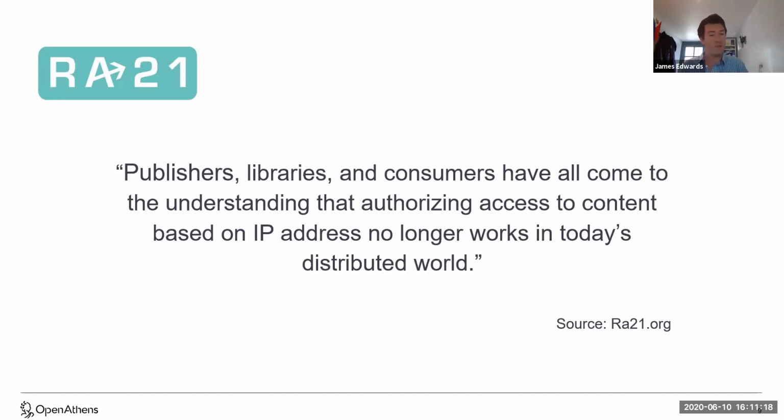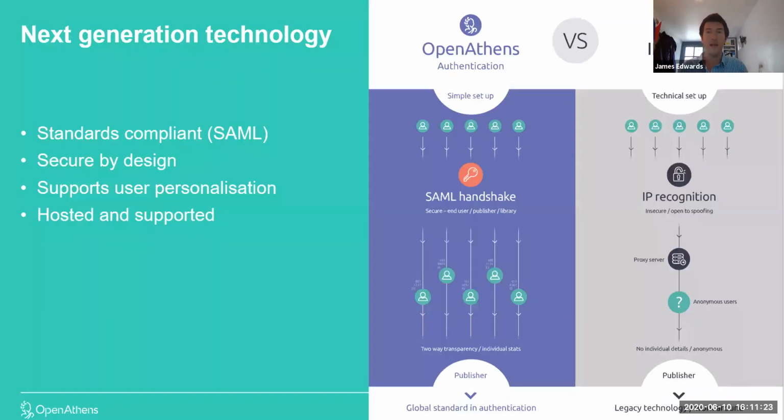This initiative came about, and the first pilot phase ended in June last year. The conclusion was that IP should be replaced by SAML authentication. What I'm showing you here gets a bit technical, but I'm trying to keep it as simple as we can. OpenAthens is based on that SAML authentication method. It's a federated way, if you like. So briefly, just showing the difference here.